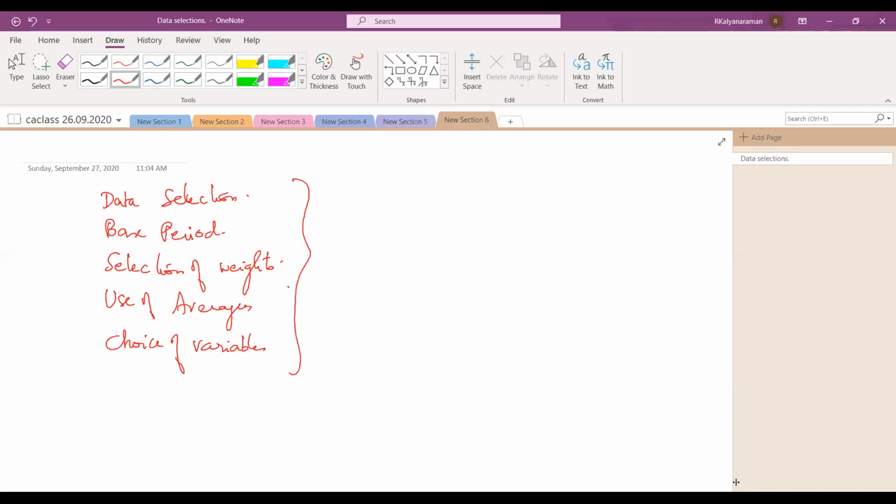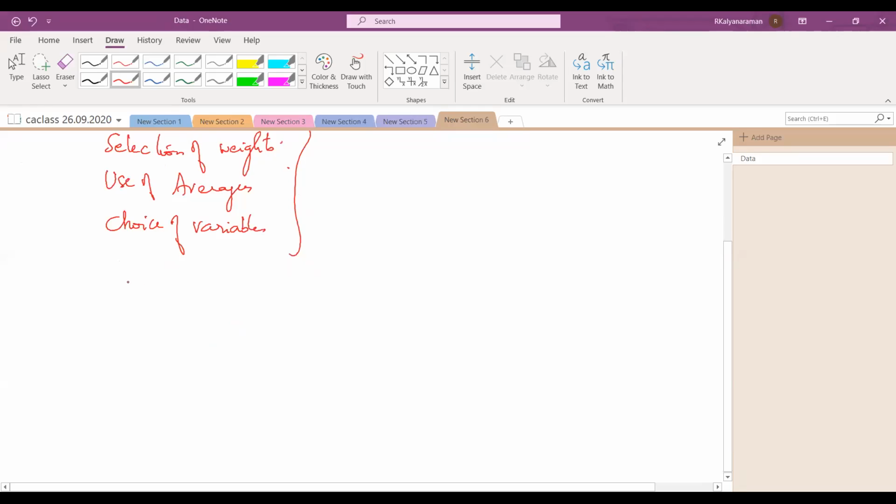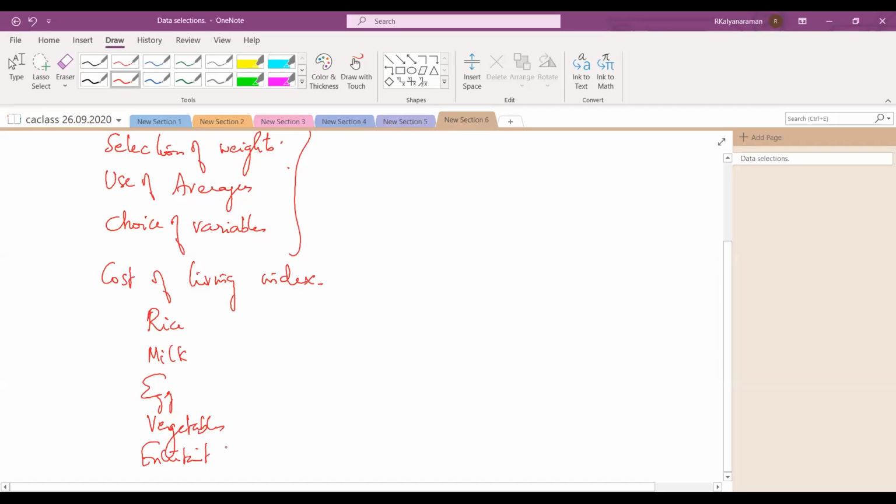The simplest index number is a price index number. Cost of living index, generally it is called. This is the simplest index number known. For example, I want to know, compared to 2010, what is the cost of living now? So I select, for example, 5 commodities, say rice, the most essential, milk, egg, say vegetables, and say entertainment. So these are different quantities, so we have to be very careful.